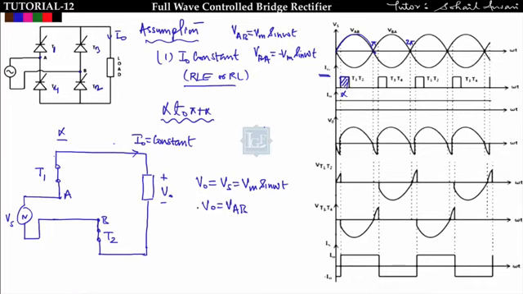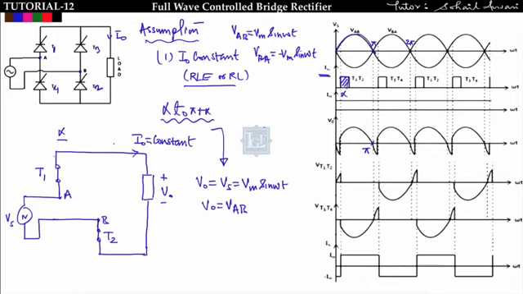Now see here, most of the students got confused after pi, this is pi. I am saying that from alpha to pi plus alpha, the output voltage will follow the supply voltage. But here you can see that after pi, the supply voltage is getting reversed, meaning the supply voltage is getting negative. That means T1 and T2 must go into reverse bias and won't conduct, meaning it can be replaced by an open circuit after pi. So most of the students got confused with this statement.